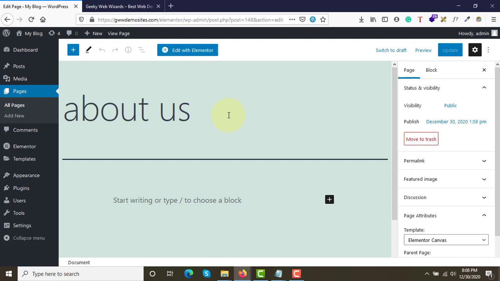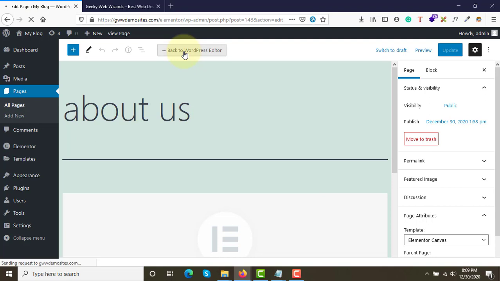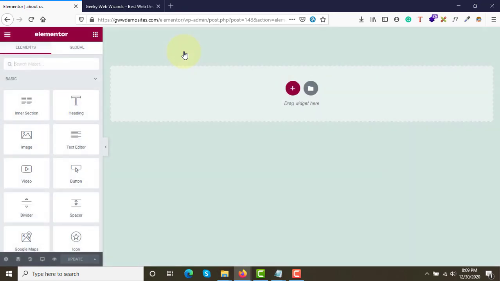In this video we'll see how to edit the page, how to create a page, how to design the page using Elementor, not with Gutenberg. So here you have this option called edit with Elementor, right? A button over here on the top. You need to click on this. Now the screen that appears is the screen where you'll be spending most of your time while you create websites using Elementor.